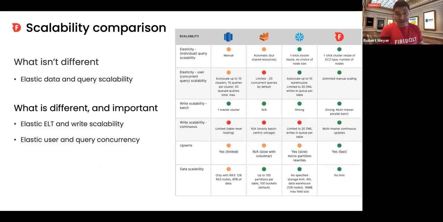You still need to load the data in at scale, and you still need all these users to get it out. And it turns out ELT, or loading into a data warehouse, is really throttled by the batch-based architecture that most data warehouses use. It's not elastic. And the number of users you can actually throw at a data warehouse is not actually that big in many cases as well. So you have to think about end-to-end elastic scale. You need to make sure you have the two pieces of bread you can slap around the meat and have a full end-to-end elastic meal, okay?